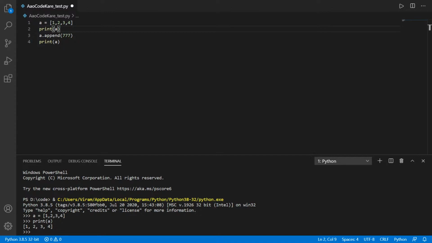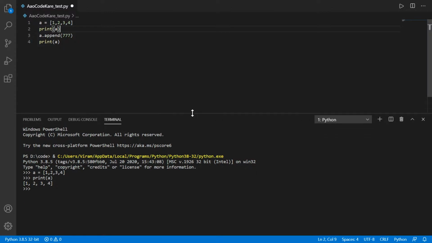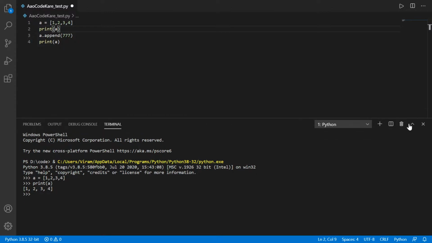If it's not visible, please tell me. So yes, a is 1 2 3 4. Print a. Then let's go to a dot append 777. So that happened, and let's print a again. So a had 1 2 3 4. Then we appended, or you can say added, 777 to it. So print a: 1 2 3 4 777.